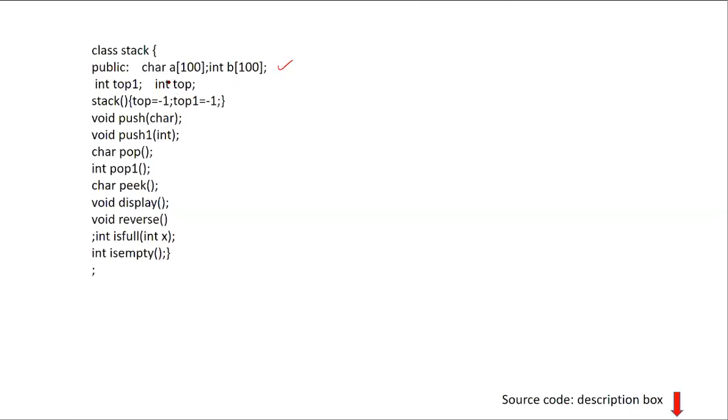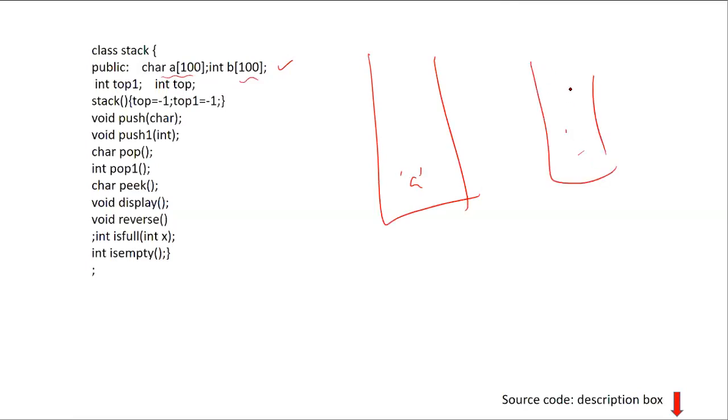The public data members, we are taking help of two stacks here. One is a character array stack, another is an integer array stack. We are applying the different types of push operation for the character array as well as the integer array stacks, whatever you want to do, and initializing the top of both stacks to -1. These functionalities you can add on your own, or you can take the help of templates to serve your